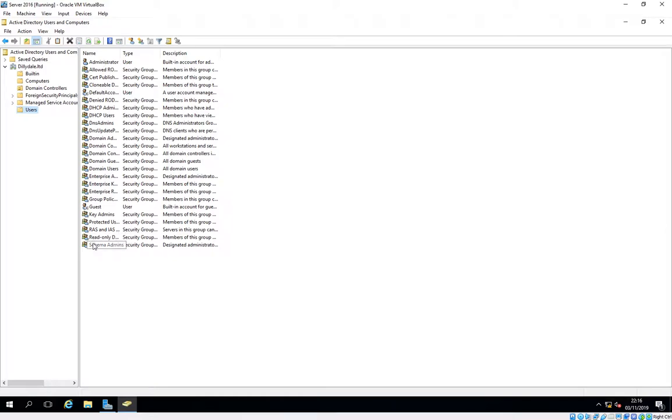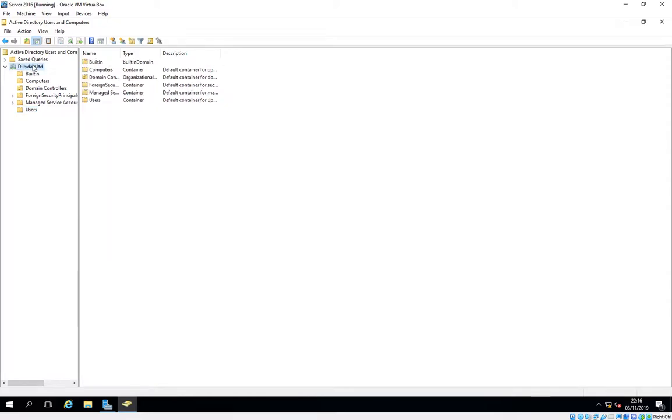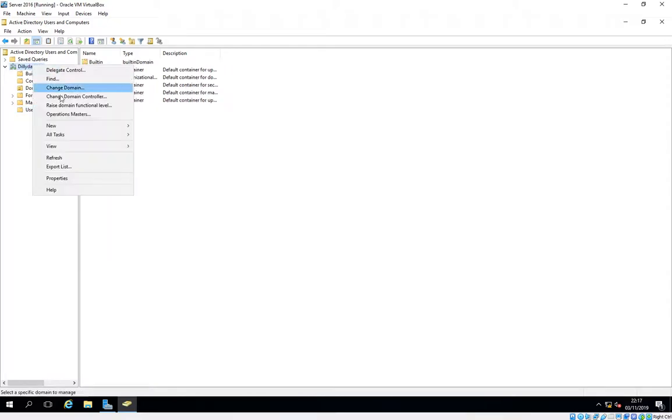Now we could add the users in here, but that'd be rather messy, and what we will do is create some organizational units, or what's called OUs, to allow us just to make things a bit neater. OUs can also be used for the rather badly named group policy. We can also add some groups, but they're only used for allowing security settings for things like access to folders and printers and things. But we'll create a new OU, so click on Dillydale, right click, new